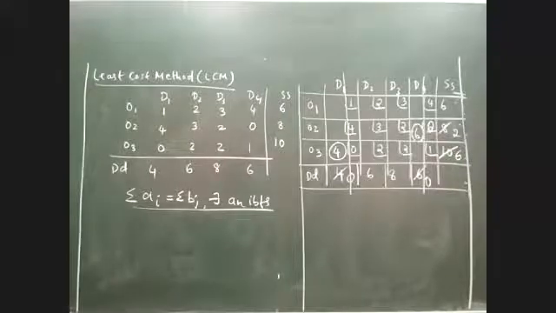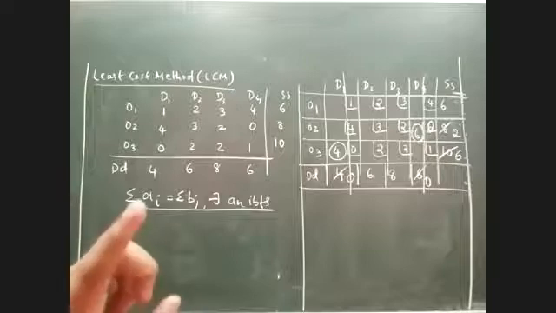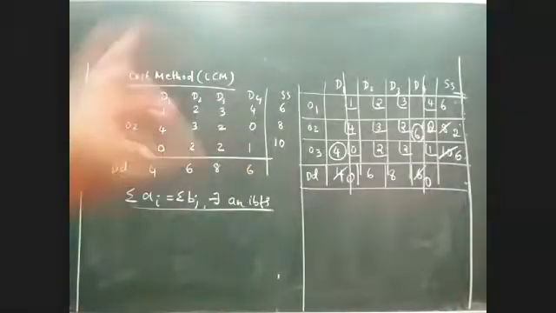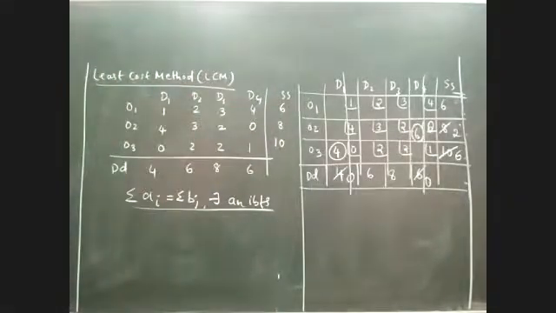You can see that the lowest value is 2. But the point here is there are totally four 2s. One 2 is in D2, one is in D3, and in the last row 2 is there everywhere. So what am I supposed to do now? Out of these four 2s, I can select any 2 randomly.